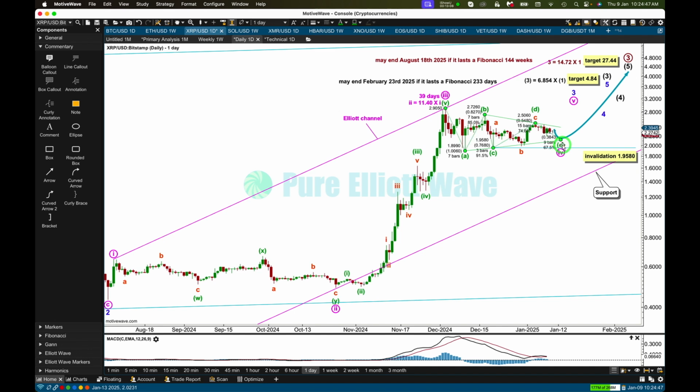When the triangle is complete, I'll be looking for a bullish reversal candlestick pattern with support from volume for the start of my Newt Wave 5 to end minor wave 3. I expect my Newt Wave 5 is going to be the longest, strongest portion of minor wave 3. I expect it to last a lot less than 39 days, so this is a few more than a Fibonacci 34. I expect my Newt Wave 5 may be complete in a Fibonacci 13 or maybe 21 days, possibly, so 2 or 3 weeks of vertical upward movement,